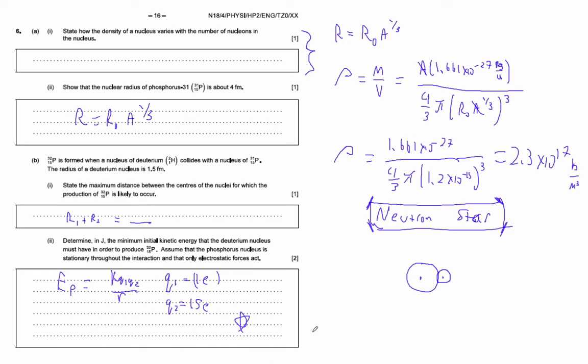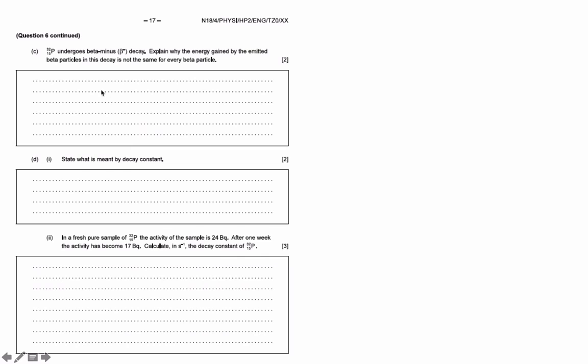But the strong nuclear force doesn't interfere. All right, let's see. Okay, and then it says that phosphorus 15 undergoes 3215. So phosphorus 32, sorry, undergoes beta minus decay. Explain why the energy gained by the emitted beta particles in this decay are not the same for every beta particle. Okay, and the answer is that